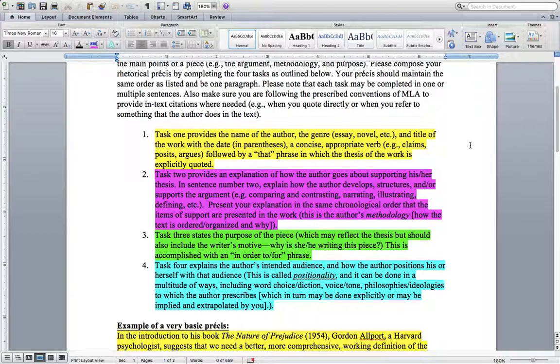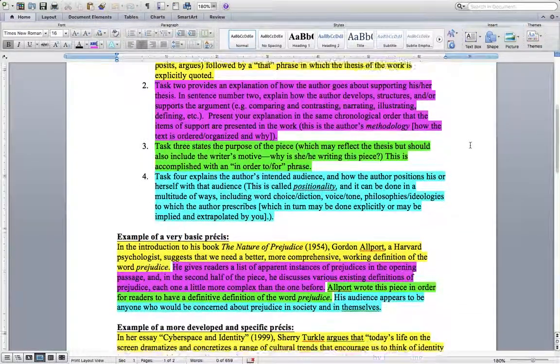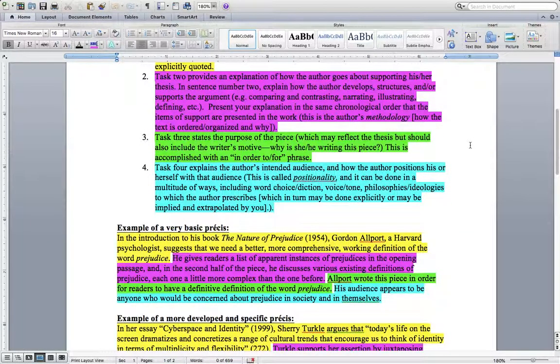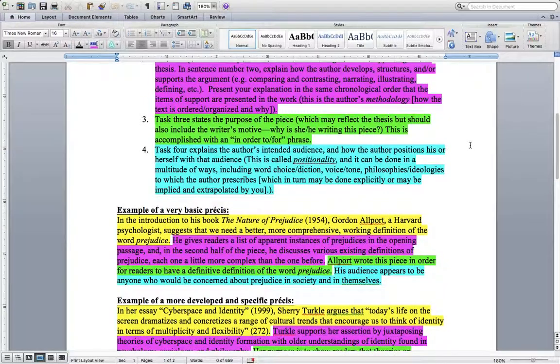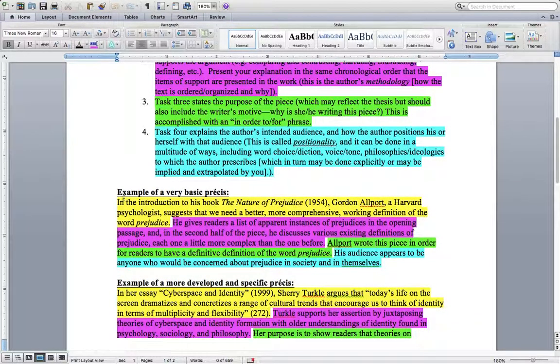You can put the date in parentheses. And then a concise, appropriate verb, followed by that phrase in which the thesis or argument of the work is quoted. It doesn't have to be quoted. It's really better if it's quoted, but you can paraphrase it. And so you can see down here in the yellow is that first contextual sentence that offers what the argument